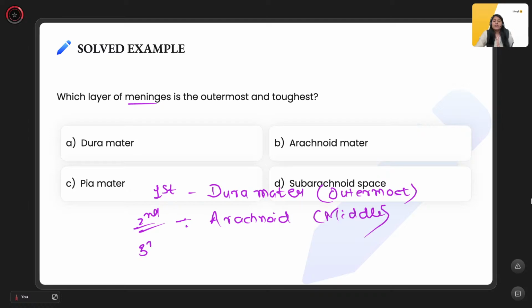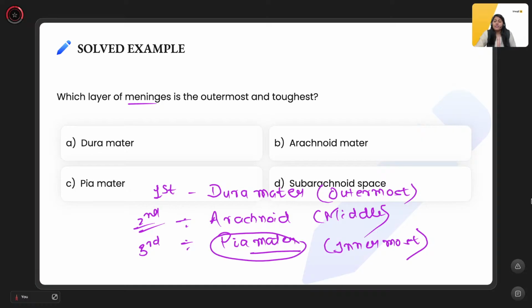And then your third and last meninges, which is in closest contact with brain tissue, is your pia mater, which is your innermost meninges. So you have to remember this: dura mater is the outermost, arachnoid is the middle one, and the pia mater is the innermost one. Also remember that dura mater is a very tough meninges, it provides protection. Pia mater is very thin, and it is in closest contact with the brain tissue out of all these three meninges. So the correct answer, which layer of meninges is the outermost and toughest, is going to be